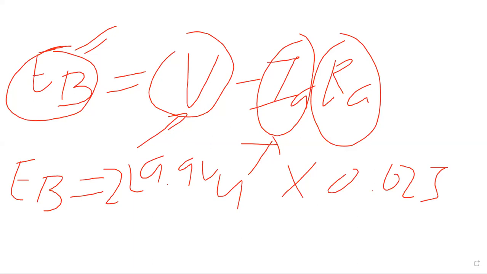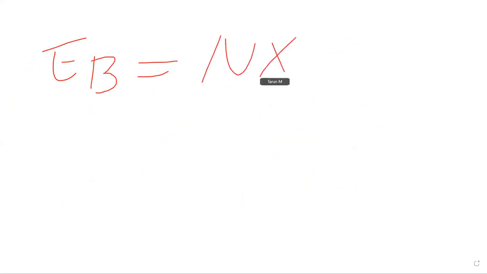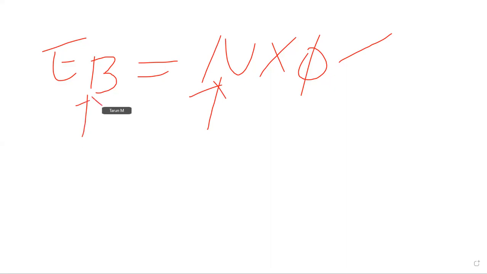So what is the relationship between EB and N? Your EB is equal to N into phi. This phi is not the phase angle. This is magnetic flux. For air, phi is magnetic flux. N is the rotational speed, and EB is the electromotive force. By using this formula, can we write this as